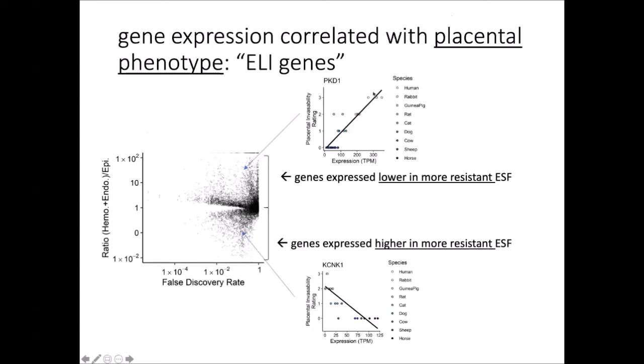So here you have an example. With high TPMs, we have the human samples that have a high invasibility, and the species with low expression have a low invasibility. And here's another example going in the other direction. So that means resistance to invasion is more often associated with lower gene expression of a particular subset of genes, namely those genes that show a correlation with invasibility in general, and that's a pattern that we will see further.